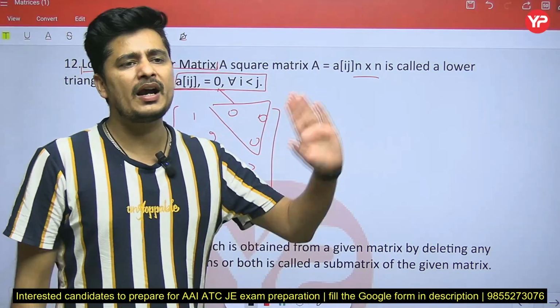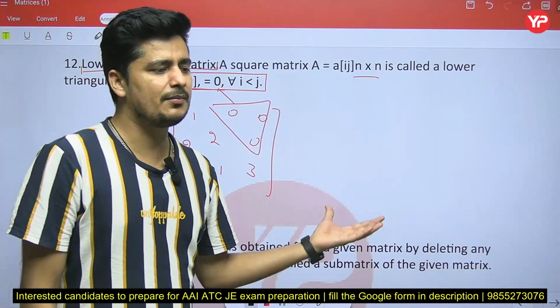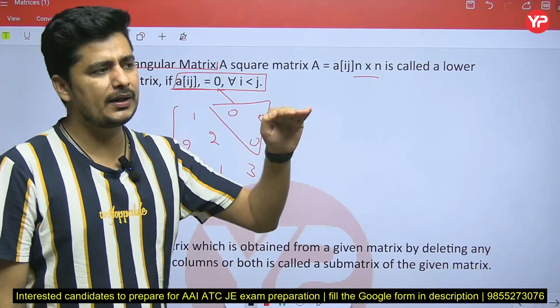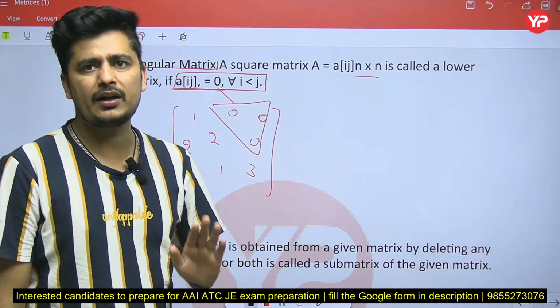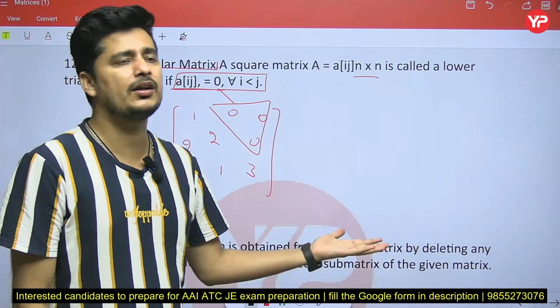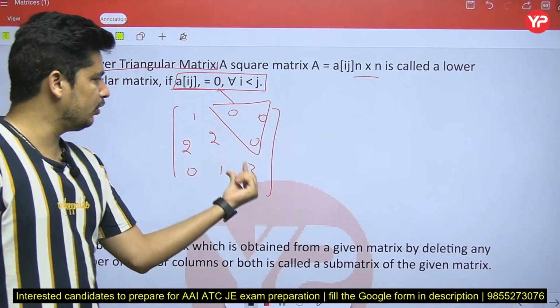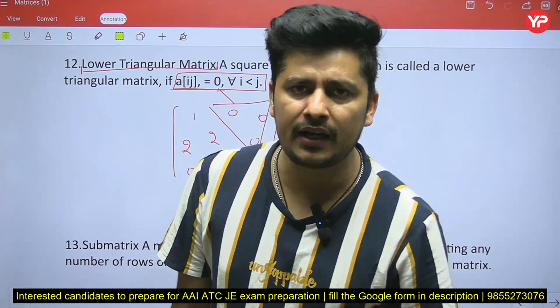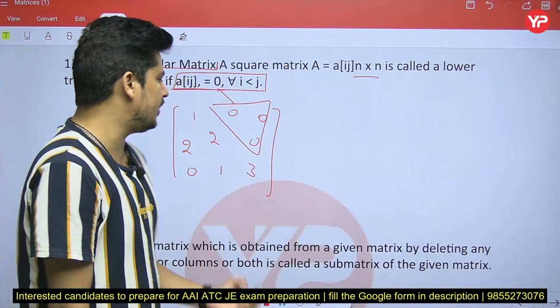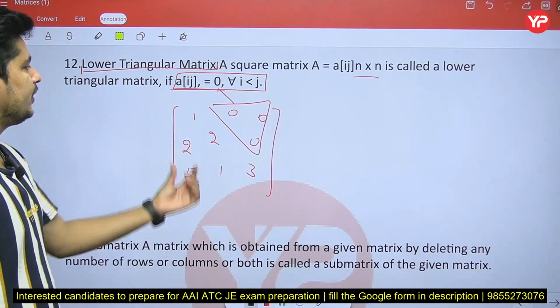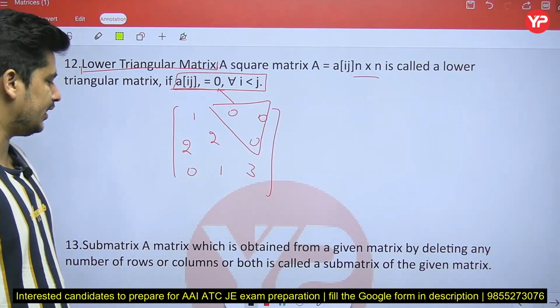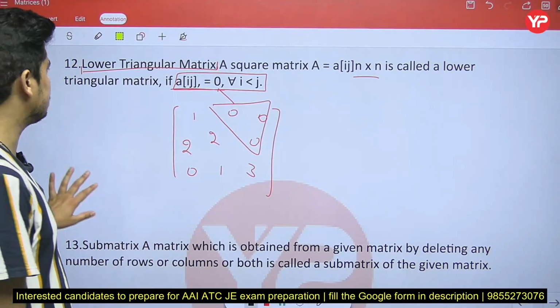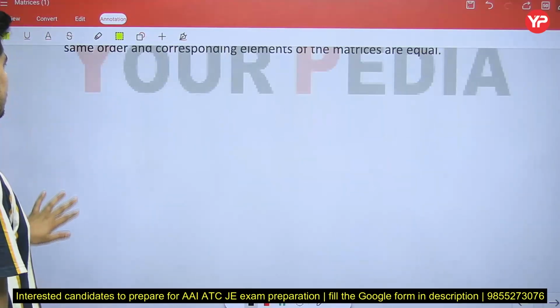Sometimes they may ask in the exam, in the Airport Authority exam, they give you a lower triangular or upper triangular matrix and ask you to find its determinant. So remember, whenever you have a lower triangular or upper triangular matrix and you are calculating its determinant, it is always equal to the product of its diagonal elements. This type of question is asked in your Airport Authority exam, right? Next is